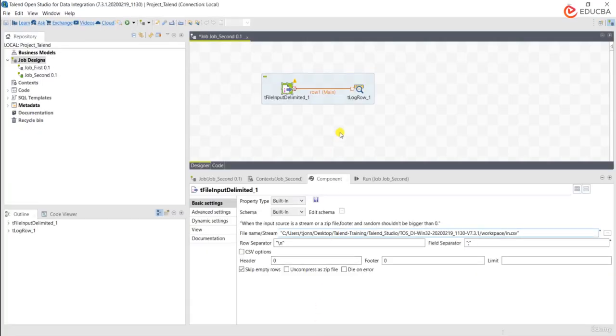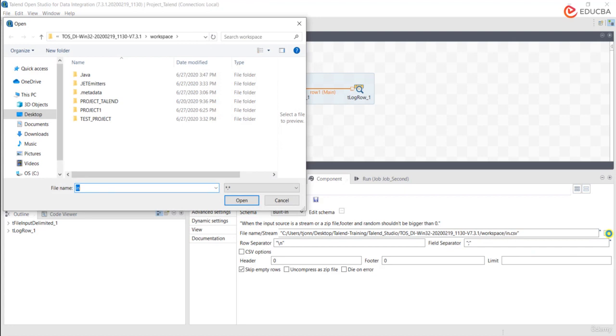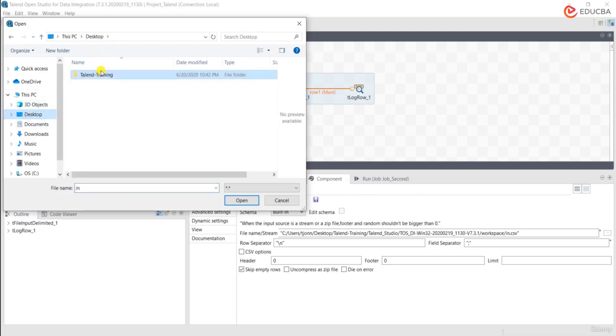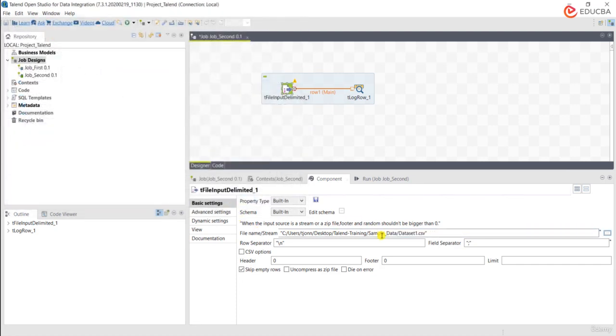So come back to our studio, go ahead to the file name path, click on this ellipse. These are the 3 dots. This is called ellipse. Go to that place and then go find your path and give that path name. Now immediately you see that this file name and the path name has been taken up here. You can always copy the path or the address path from your folder and paste it here, or you can always go ahead and select it from here. These are the 2 options that we can use to pass the file name for a given job or for the